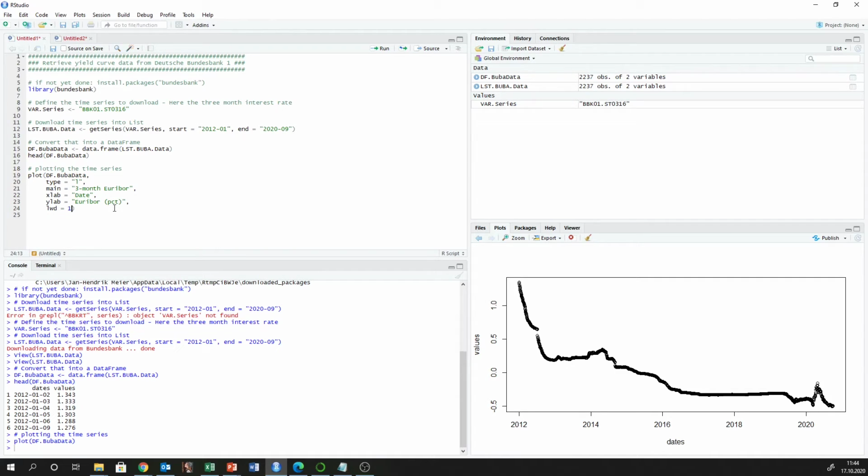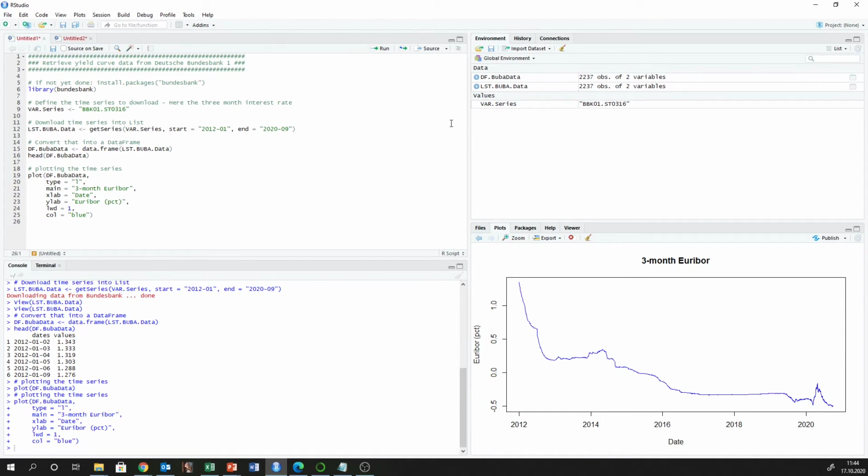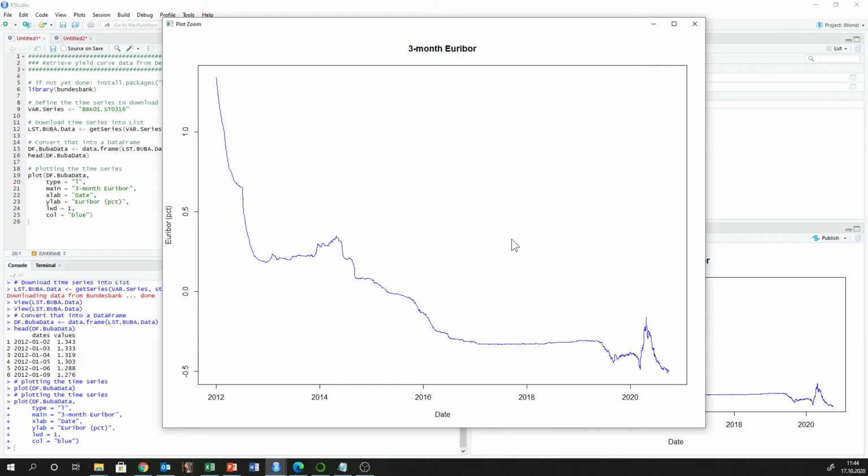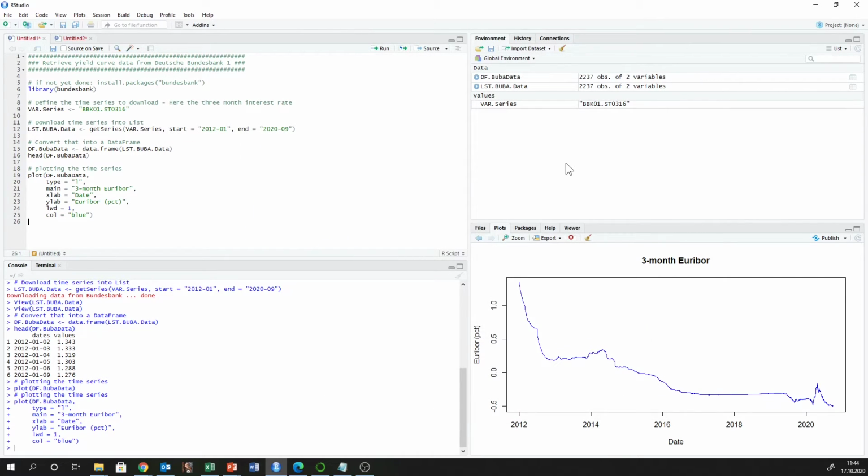I just set the LWD parameter and I give it the color that should be blue, and rerun that, and there it is. Let's zoom in. Here is the time series of the 3-month Euribor between 2012 and 2020. So, of course, this is just one interest rate, the 3-month Euribor, but we could be interested in some